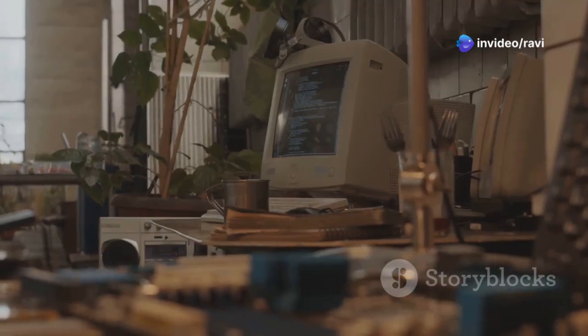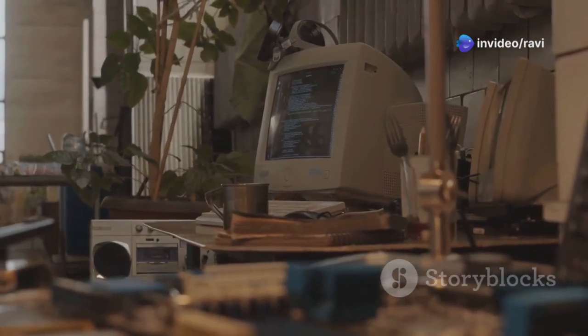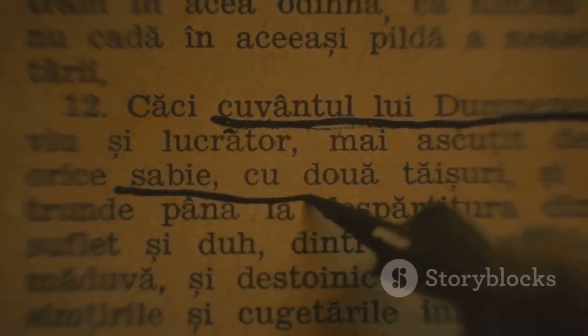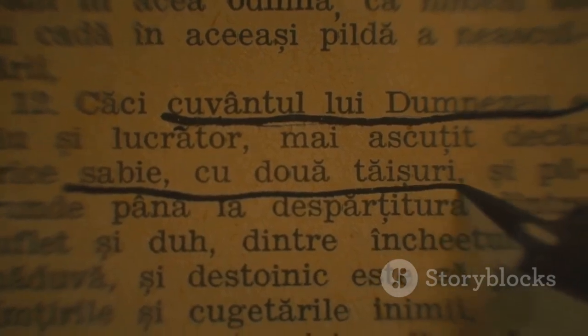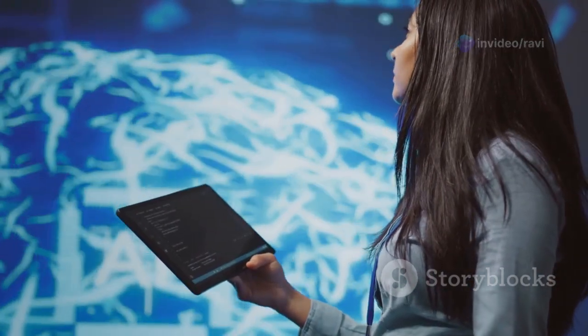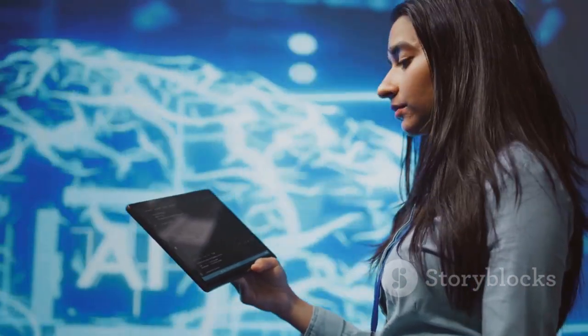Then came TF-IDF in the 1970s, a slightly more sophisticated approach. It considered not only how often a word appears in a document, but also how rare it is across a whole collection of documents. Think of it as finding the standout words that define a topic. These early techniques were a good starting point, but they treated words as isolated units, ignoring the rich web of